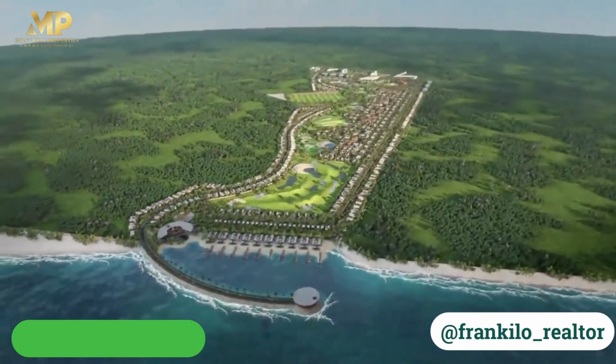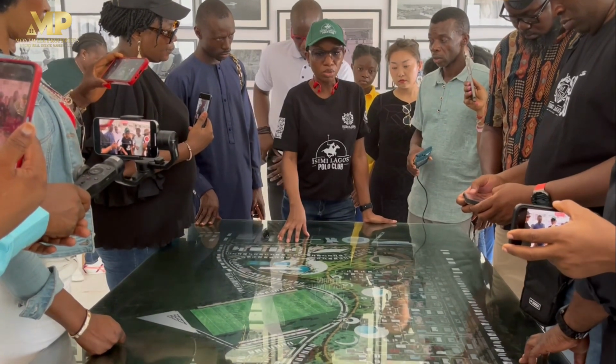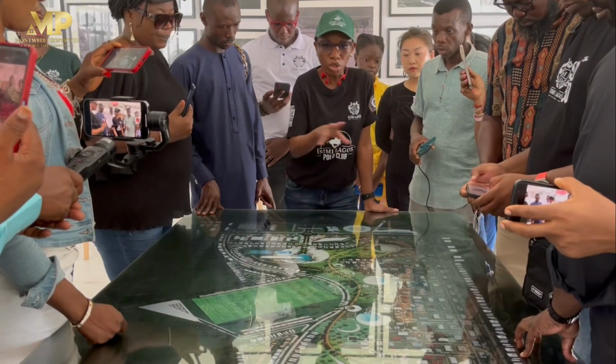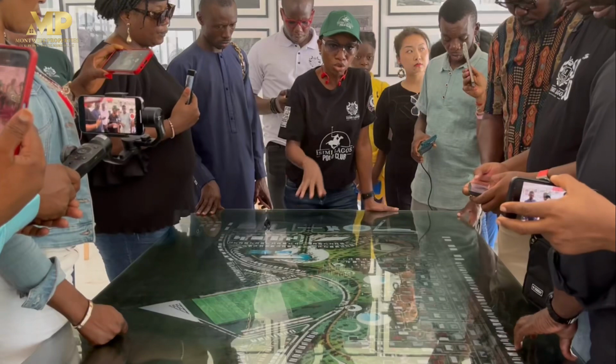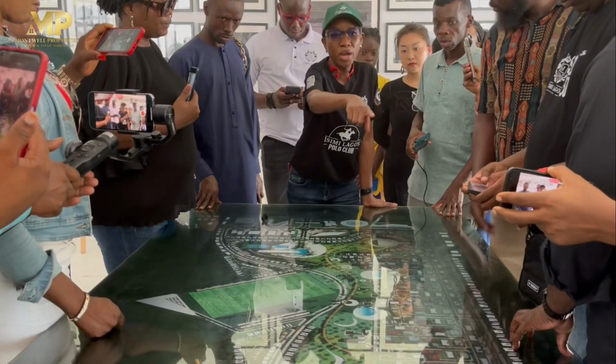Now the real work has started. All of the work that we've been doing has been preliminary. It took us about a year to do this layout, and then we've been doing a lot of the preliminary work to get us to this point. And I also wanted to point out where